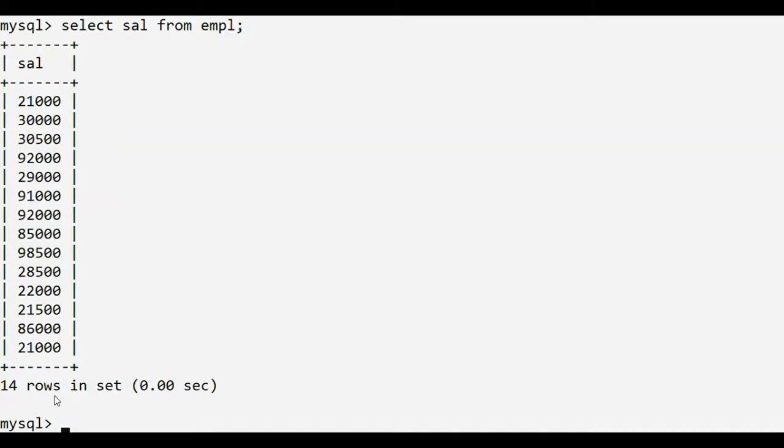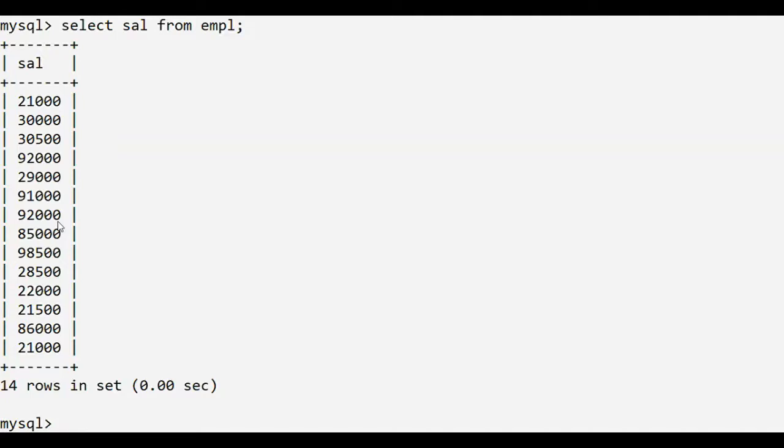And also duplicate values will appear in the output. In this example, you can see 21,000 appears 2 times in the output. The value 92,000 also appears 2 times in the output. That means duplicate data is displayed in the output.